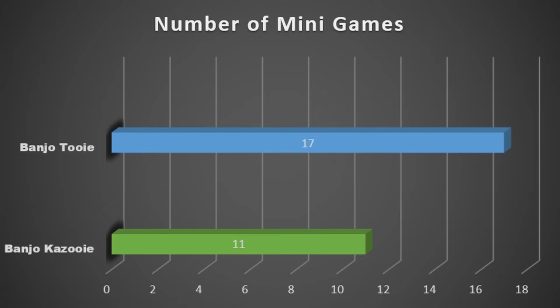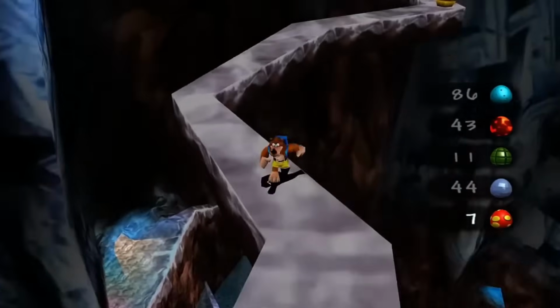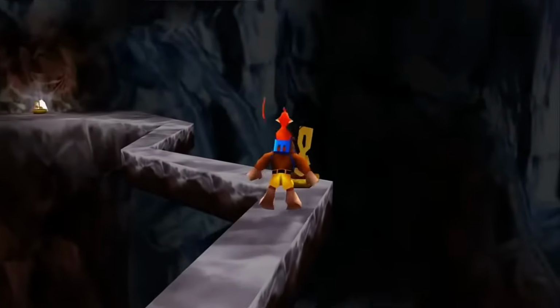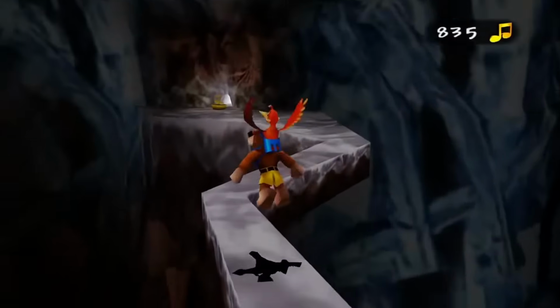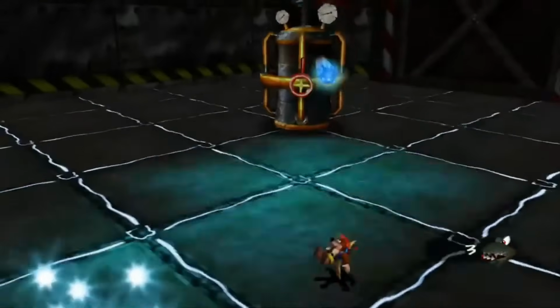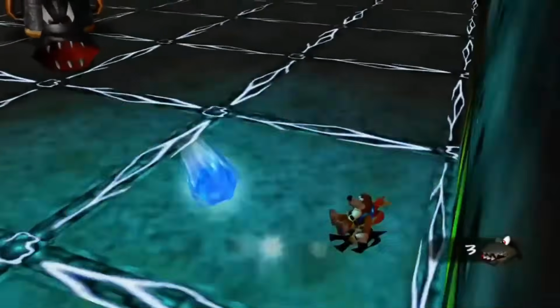So the total counts for both games are 11 for Banjo Kazooie and 17 for Tooie, which is honestly closer than I thought it would be. The problem is that Banjo Kazooie has 9 worlds and Tooie only has 8. So if you look at the average minigames per world, which is a sentence I never thought I would say,